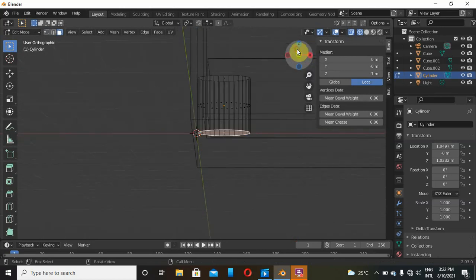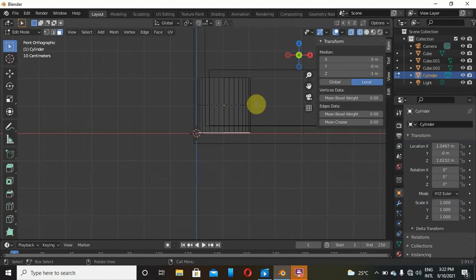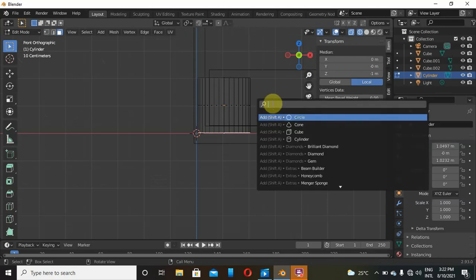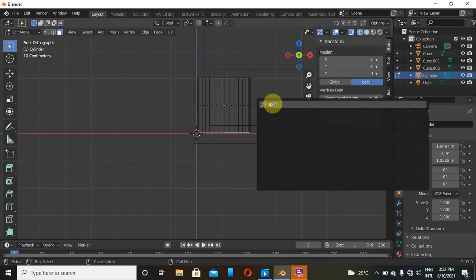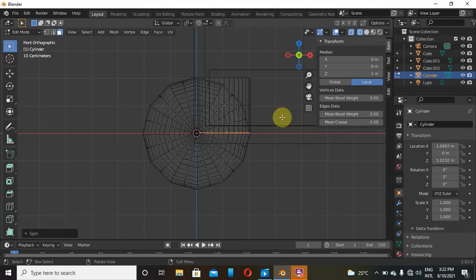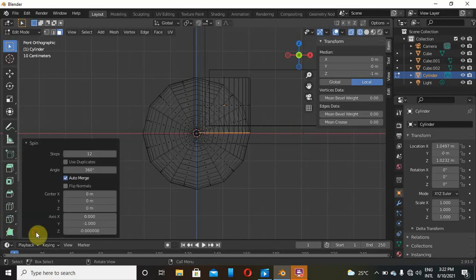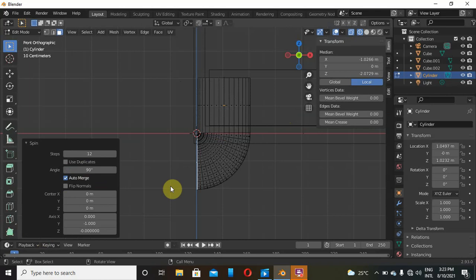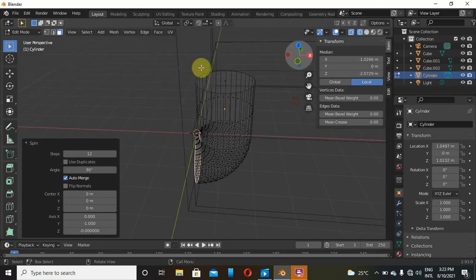Now go back to the front orthographic, click on F3, type in spin, mesh extrude spin, and then go to the bottom here. Angle, we are only going to use 90, so just make sure it is 90, yes, like that. And then what we will do next, we are going to the upper face, this one, and then click on it,